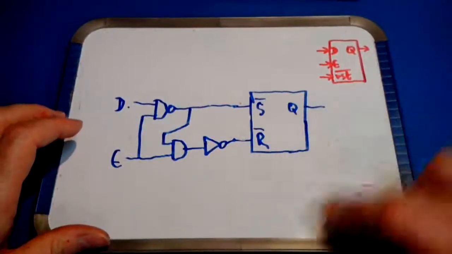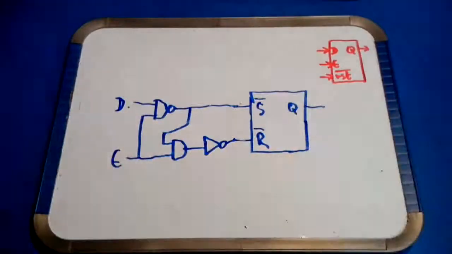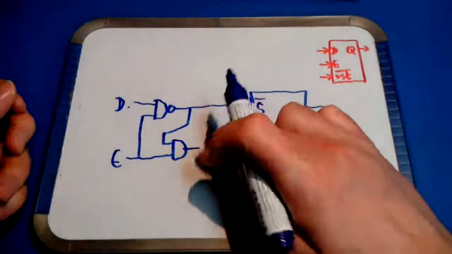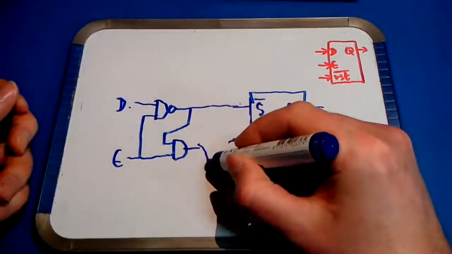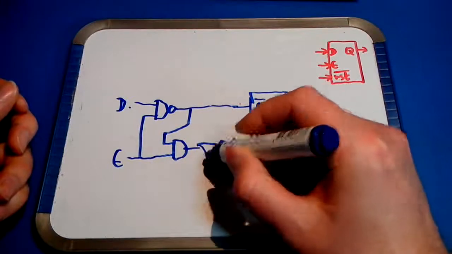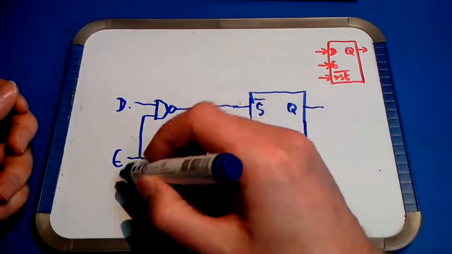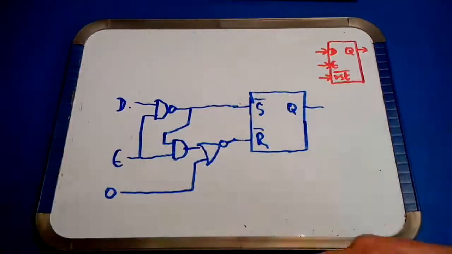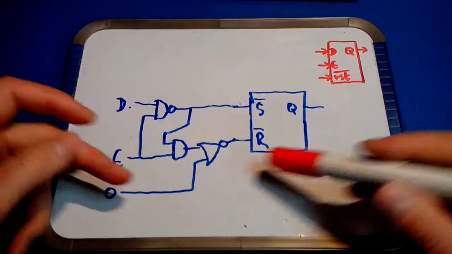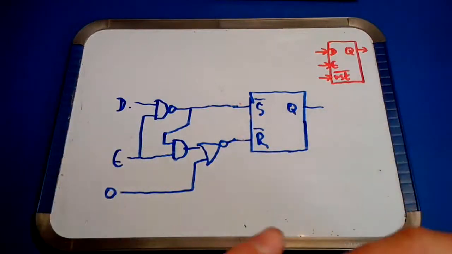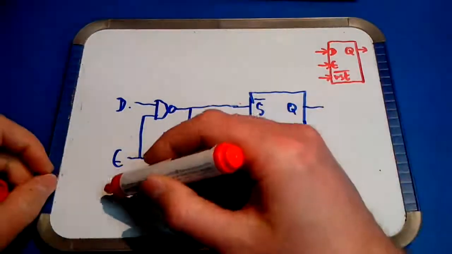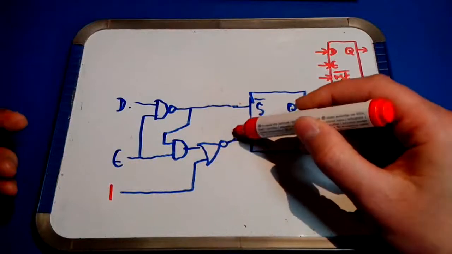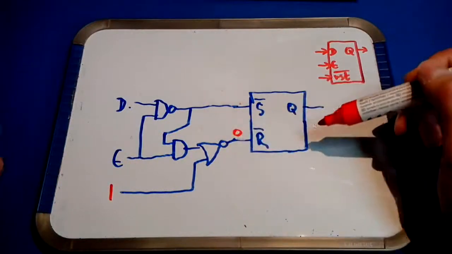Now to implement a clear or reset input, remember that this inverter can be redrawn as follows. You can put a NOR gate there with a fixed 0 at the input, right? That's exactly the same. However, if you apply a 1 at that new input, because it's a NOR gate, the output will be 0 always,